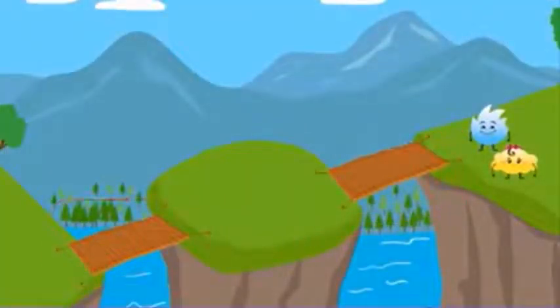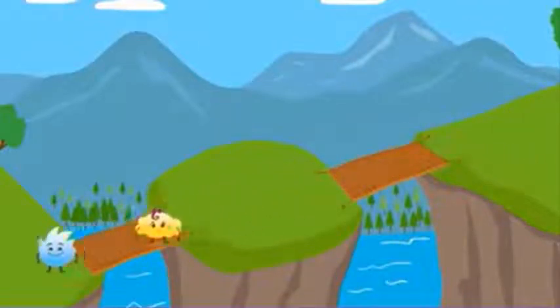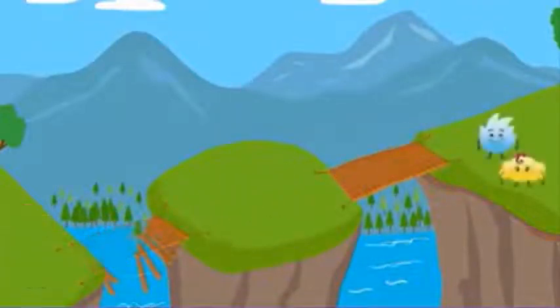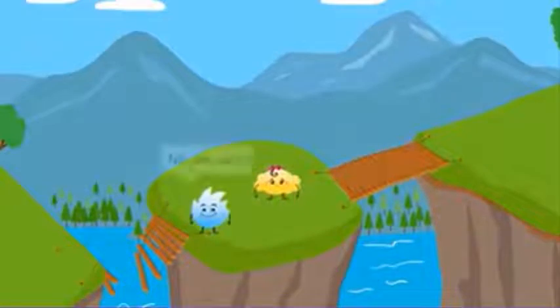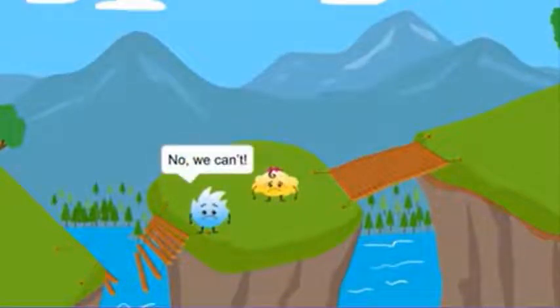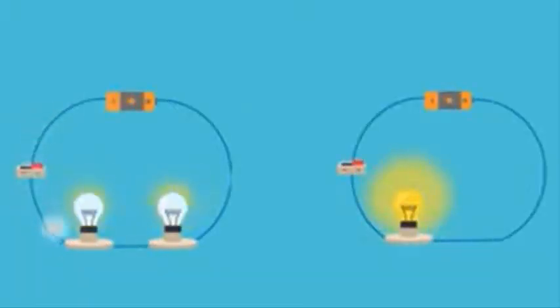They are connected one after the other in series. You can cross these bridges easily. But what happens if one of these bridges collapses? Can you cross to the other side? No, you can't. This is a disadvantage of a series circuit. A break in any part in the circuit or burning out a lamp stops the flow of current in the